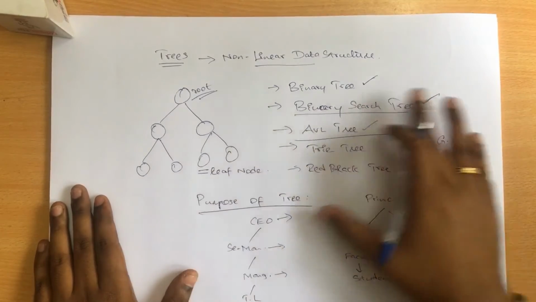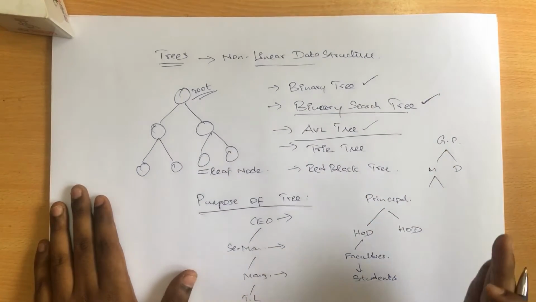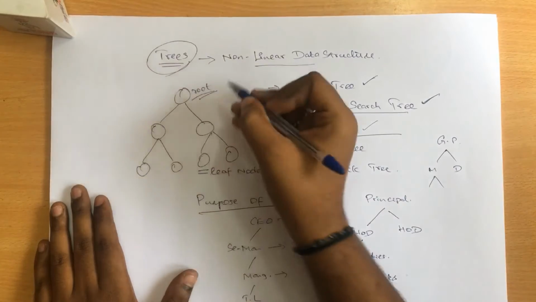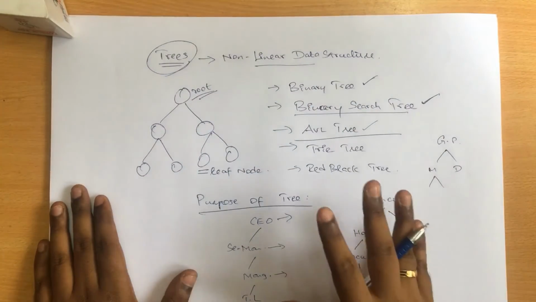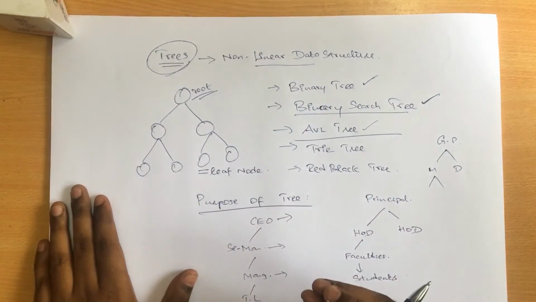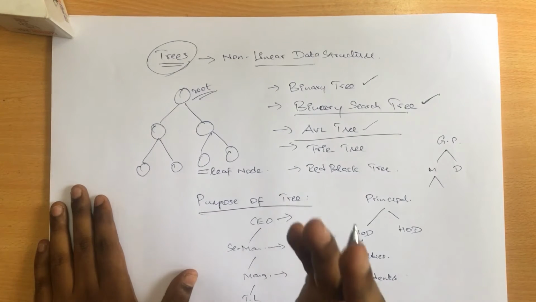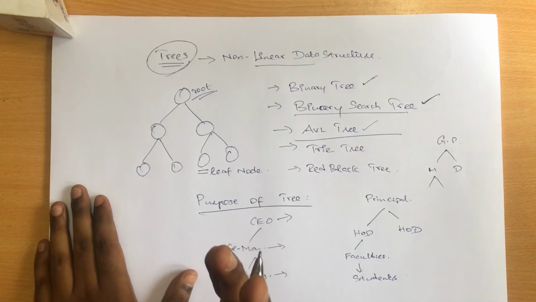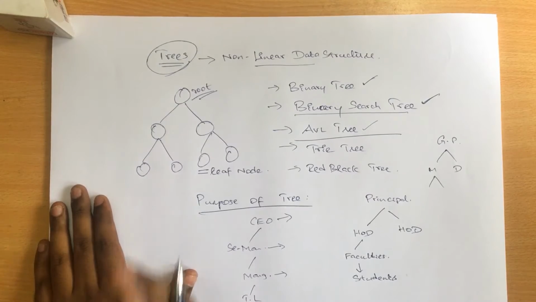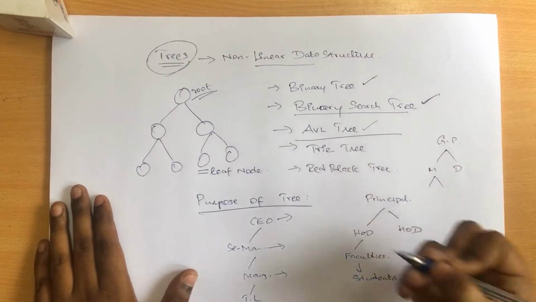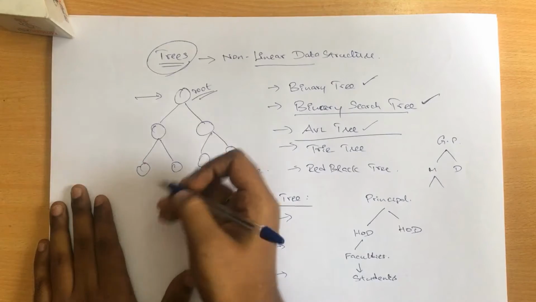Same way everything can be considered under the roof called trees, right? So the only thing we need to focus on here is that everything actually comes as a branch, or we can say this as a part of a tree. So this is what exactly the tree algorithm is going to work. And here we are speaking about levels, right? So that exactly is going to be levels over the tree also.